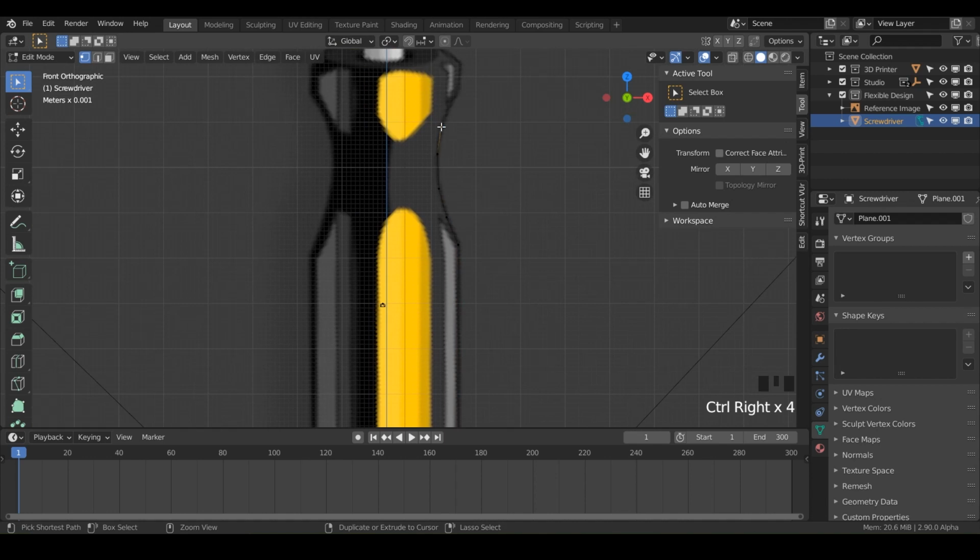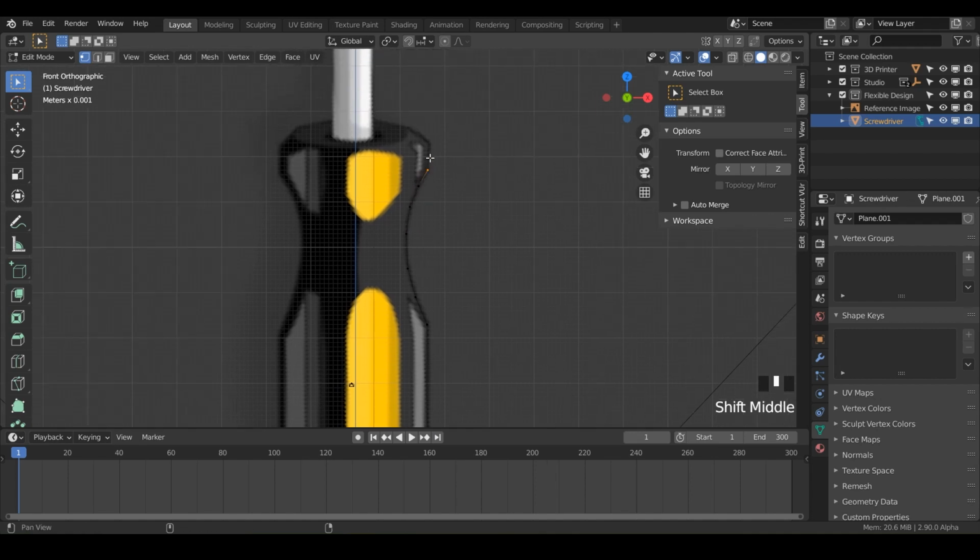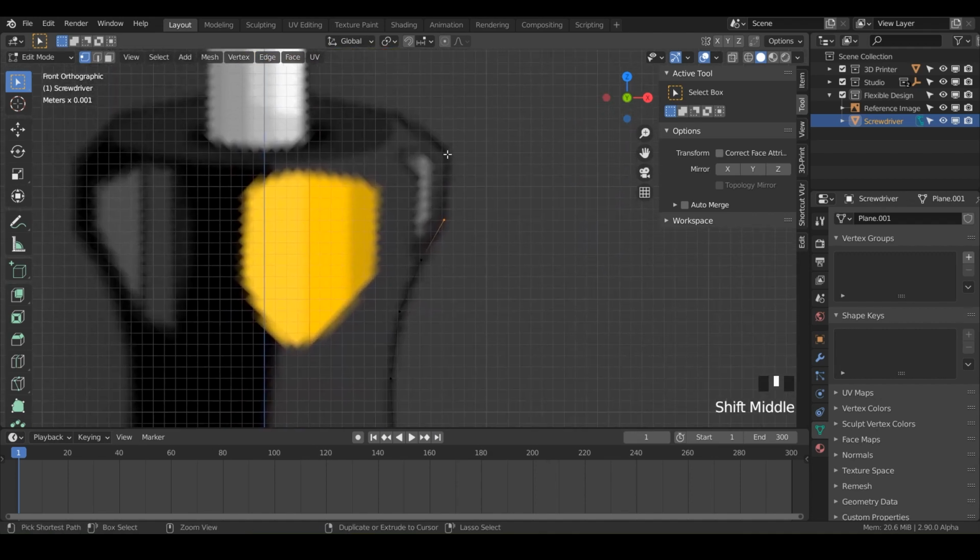And what we're doing is just making a profile of the screwdriver, because we're going to use the spin tool to wrap it around in 360 and create some imagery. So notice here, we could kind of go up at an angle, but technically, if this is a true profile, it should just be straight across, but the camera is kind of up at an angle. So for this, I'm just going to go straight across on this little line here on the grid, somewhere in there,